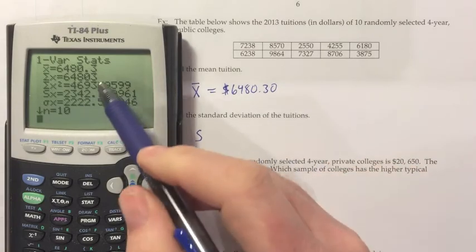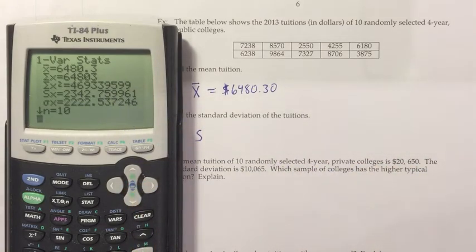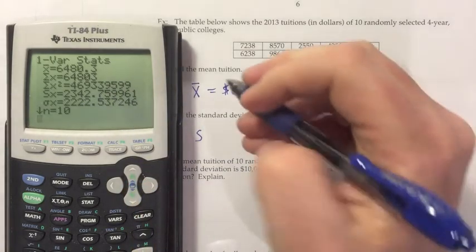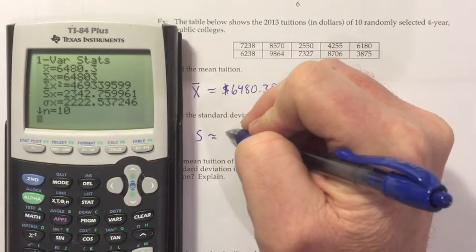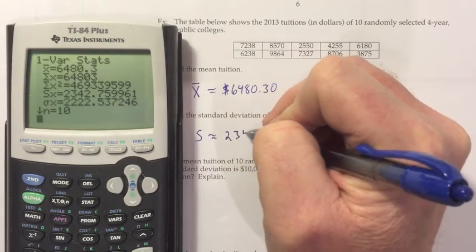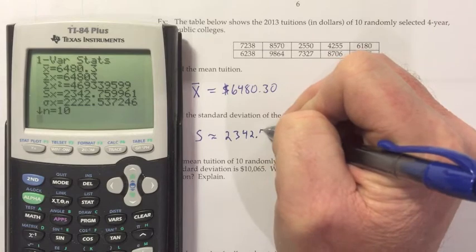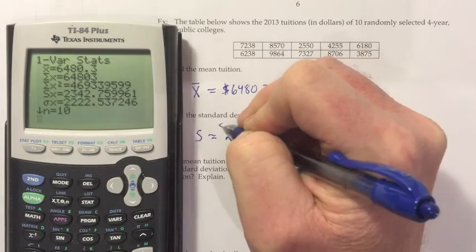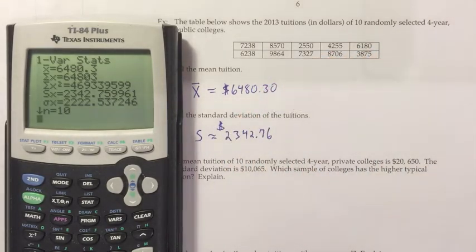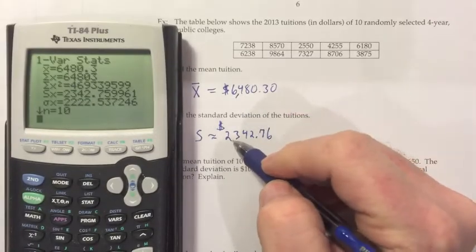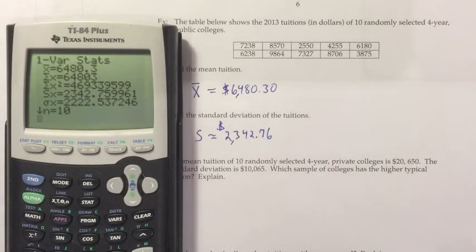It's money, so I'll add the extra 0 just to make it look like money to the nearest penny. And then the standard deviation, 2342.76, also would be measured in dollars. Throw the commas in there. So we have a mean of 6,480 for the public schools in our sample, and a standard deviation of about